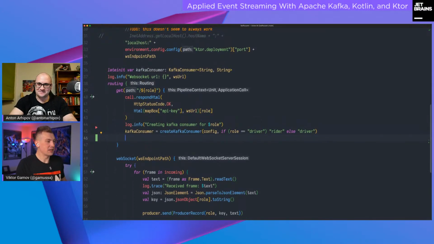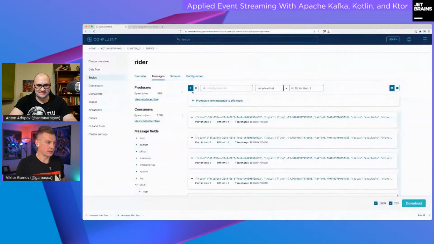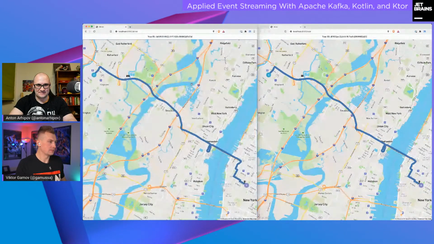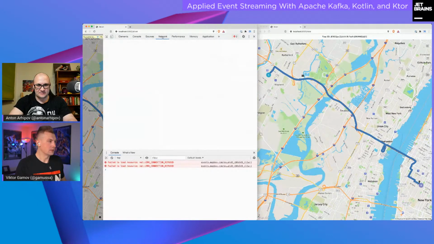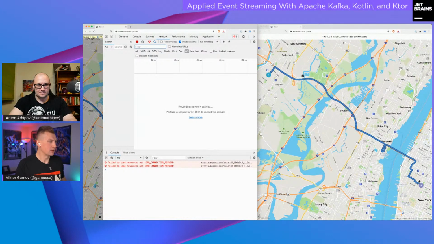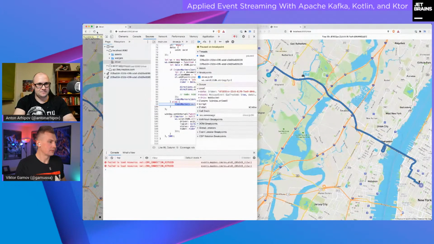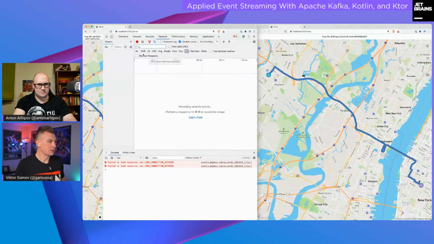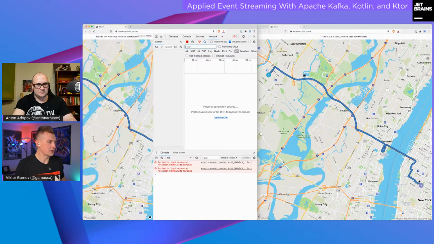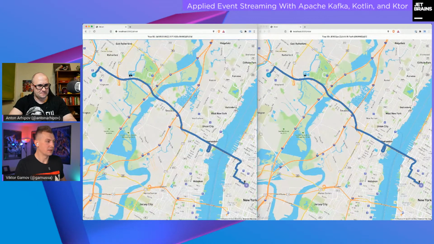So we have this endpoint, and every application. If I go and show you this inside the network, I will be able to show you. Let me remove my debugger points here. Each application will publish some of the data into WebSocket. Okay, so I need to refresh it. I don't want to refresh it because it will kill the current progress. But essentially, each application has this JavaScript code